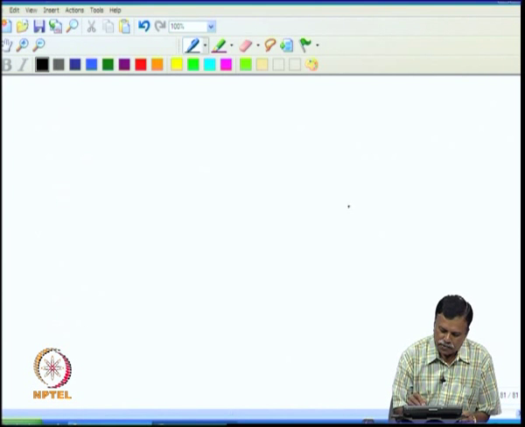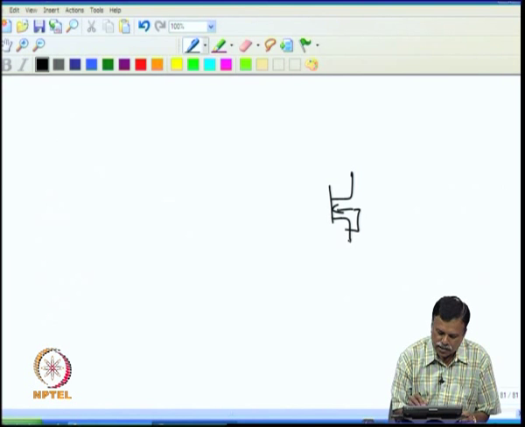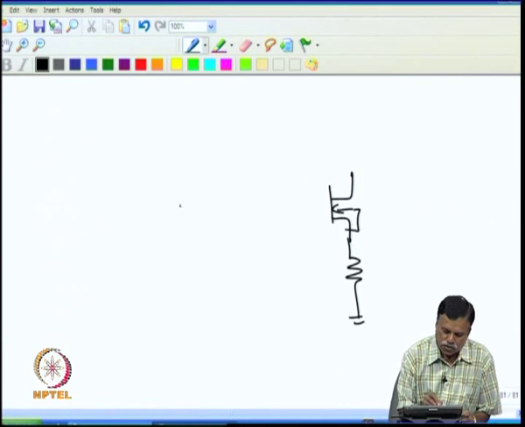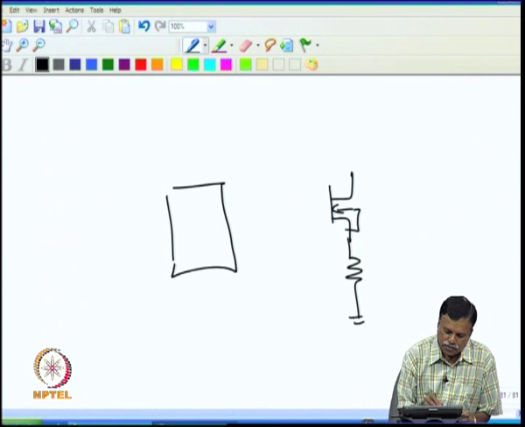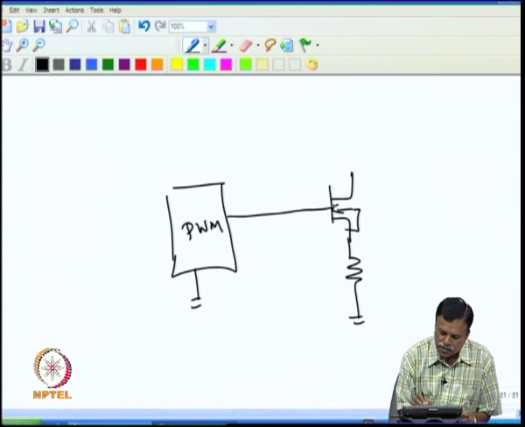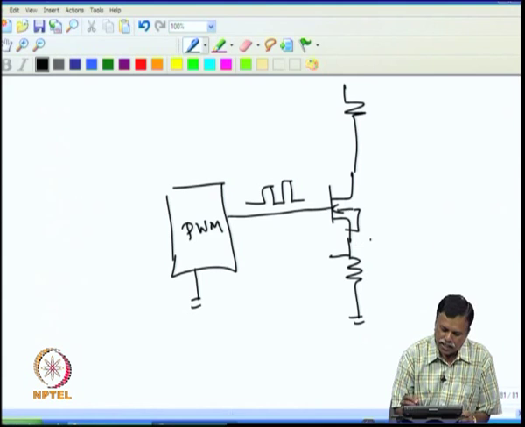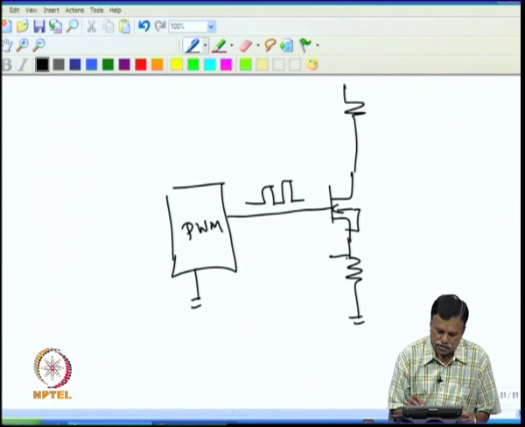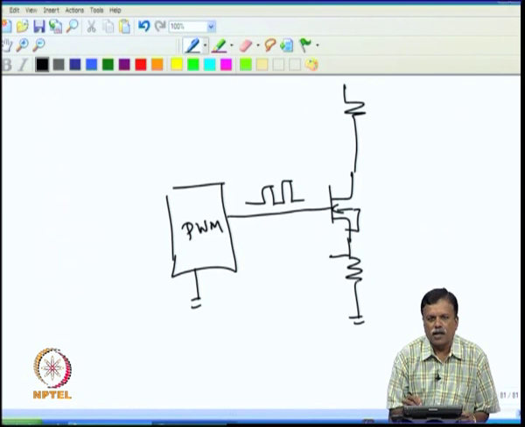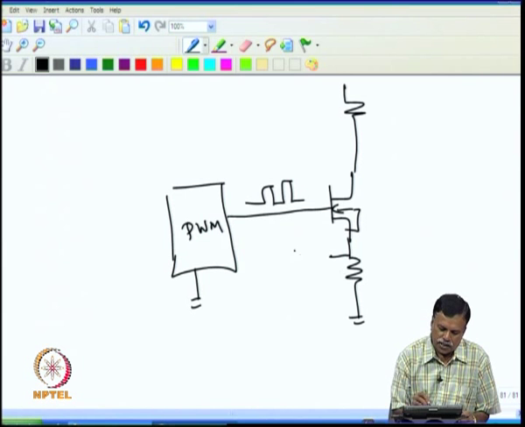For example, if I have a MOSFET power switching, then we will have a switching device here, say a PWM IC, which gives the PWM pulses to the gate of the MOSFET, and we have a load here, and if the current is more than the level that is allowed, then we want to switch off this PWM,